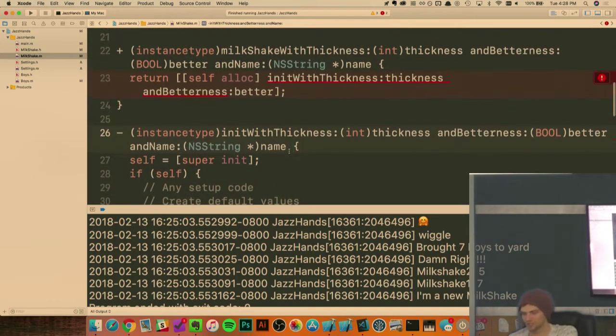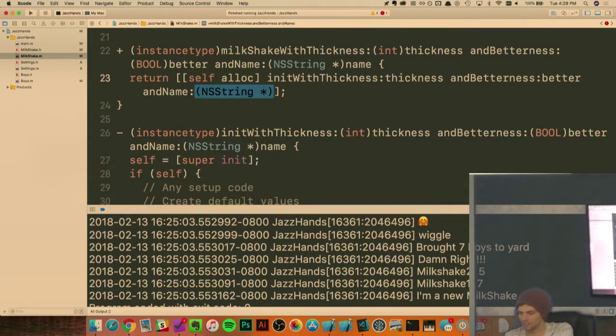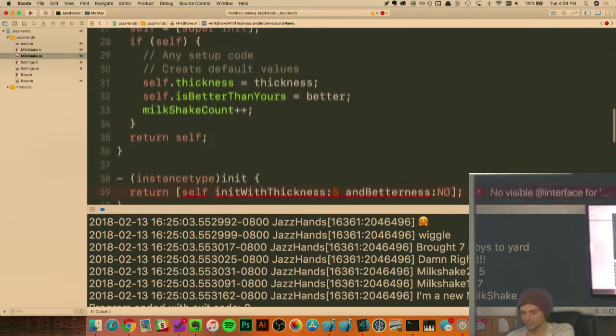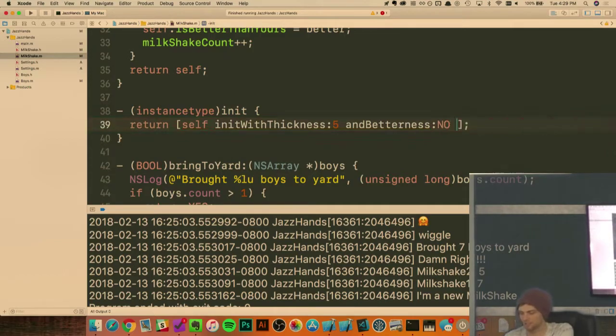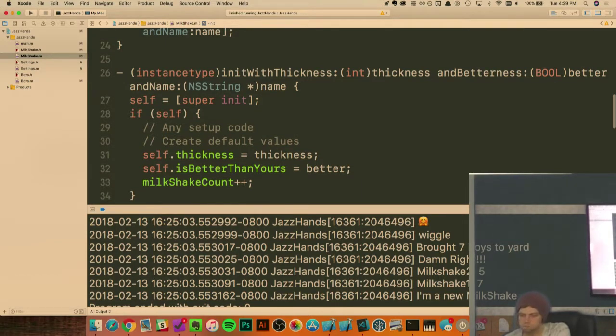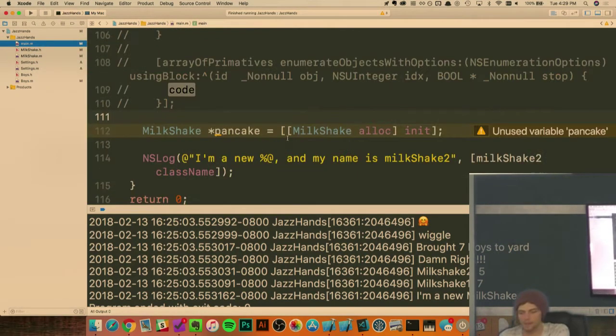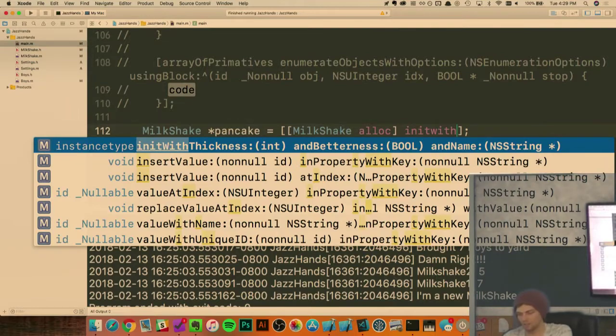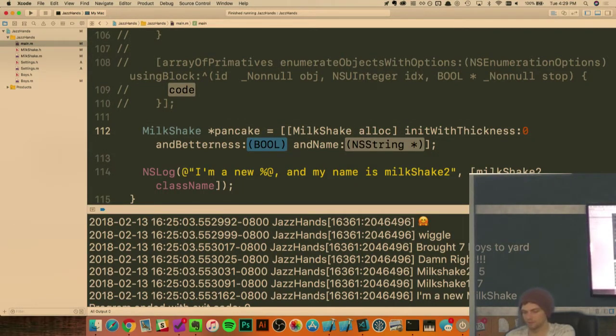Especially if you have a default name. Yeah, last step, self dot name. Cool. So now we can say thickness 0, bitterness no, name,